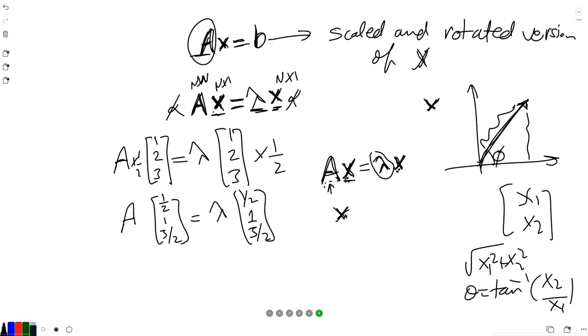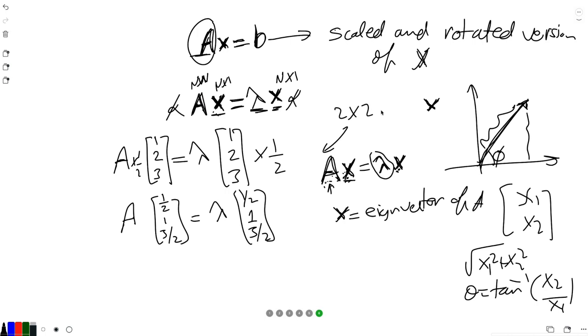X in this case is equal to the eigenvector of A. Okay, x is the eigenvector of A because the mapping by A will not change the rotation or the direction of x. It means that x is one of the bases of A, because every matrix A is like a space which has bases. For example, if A is 2 by 2,